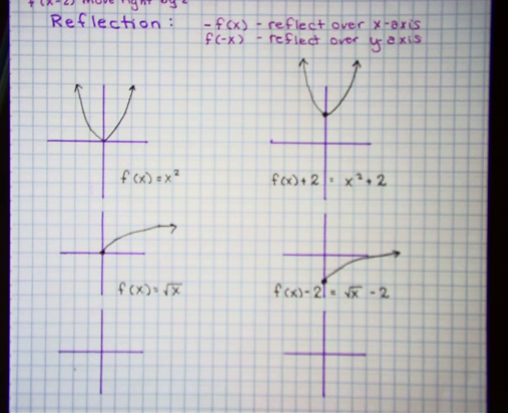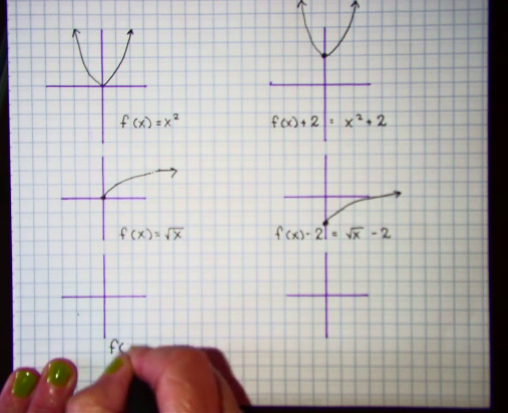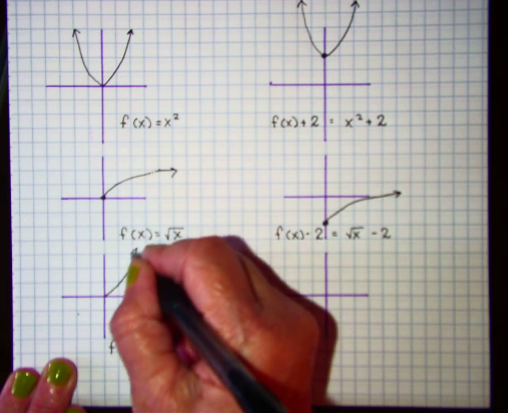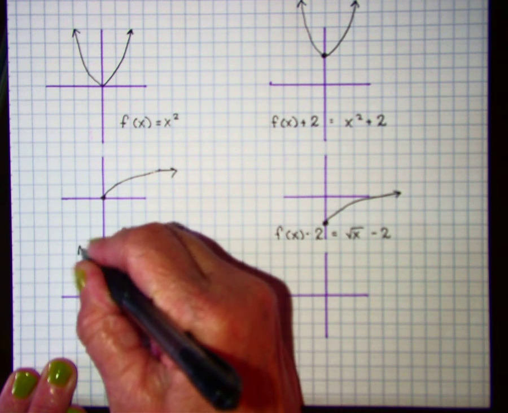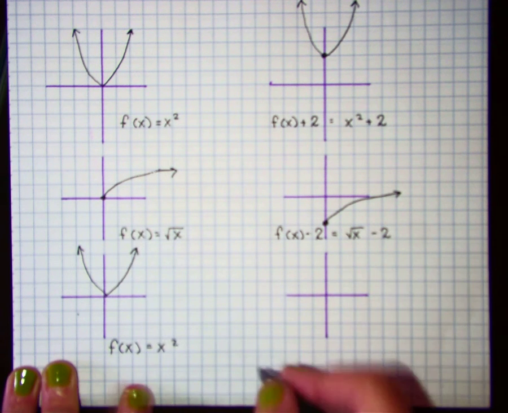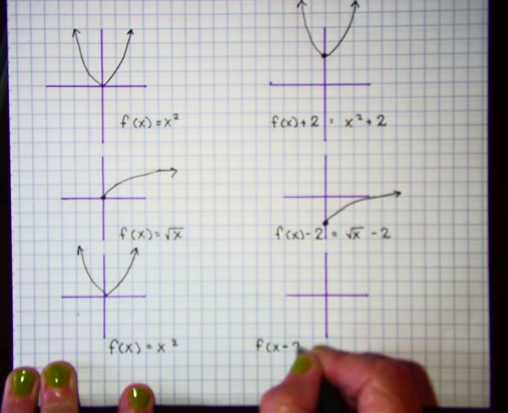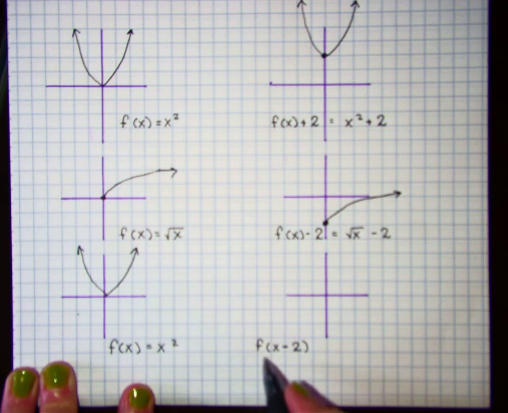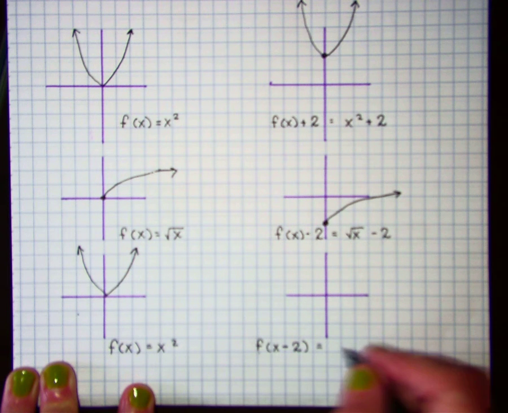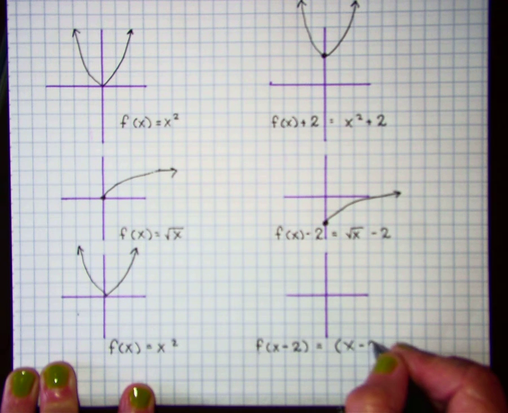To go side to side, I think I'll take the quadratic. I'll do f of x equals x squared. Again, it's just this. Now I want to move the quadratic to the right by 2. So what I want is f of x minus 2, because it's intuitively backwards. If I say f of x minus 2, I know f of x is x squared. So now I'm going to replace the x with the x minus 2. So it's just x minus 2